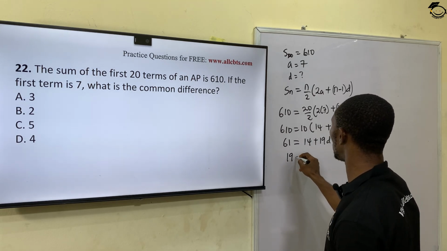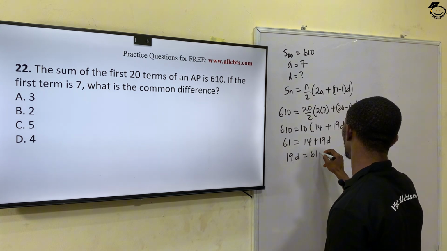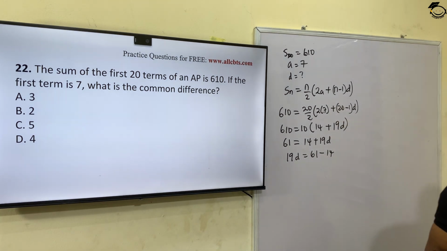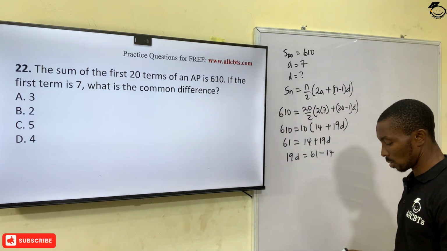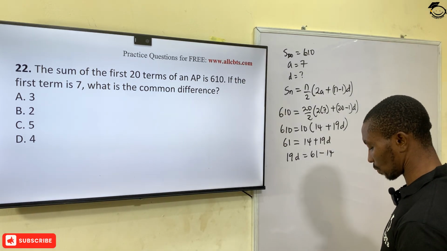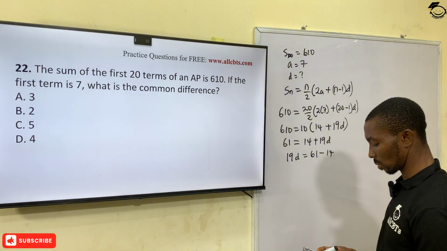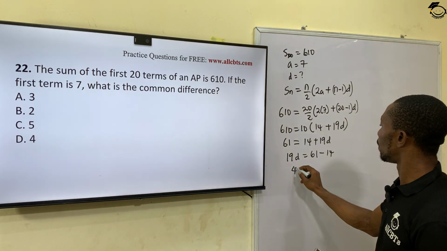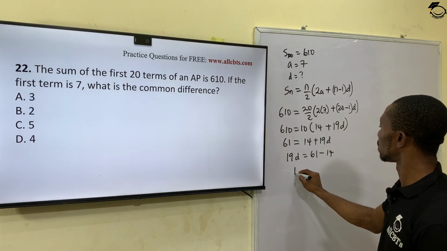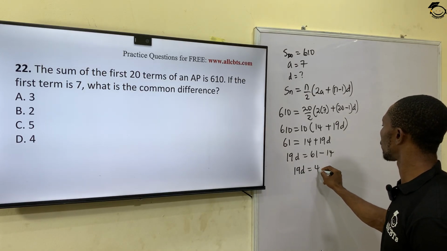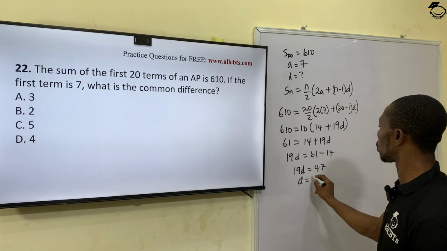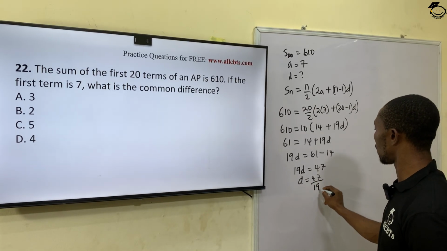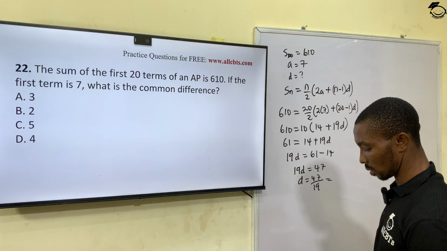So our 19d would be 61 minus 14, and 61 minus 14 would give us 47. So 19d equals 47. So d equals 47 over 19, which gives us